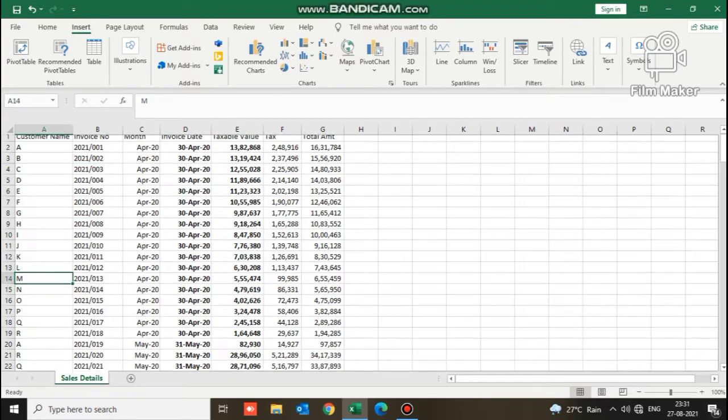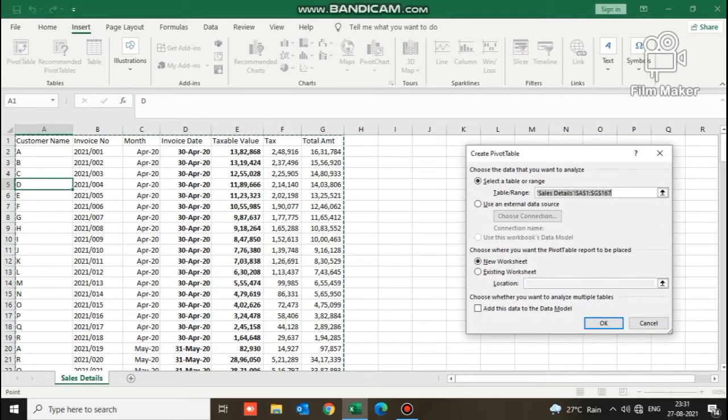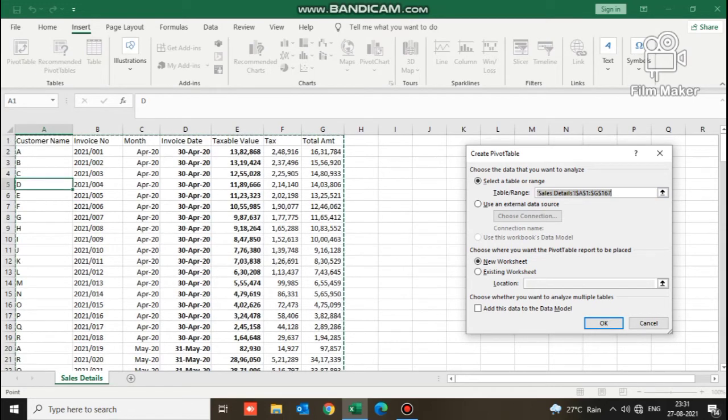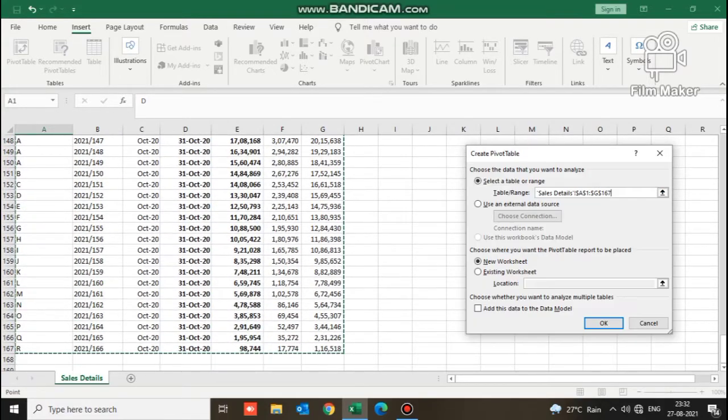First, keep the cursor in the data, then go to the tab Insert and then select Pivot Table. You can see that source data is selected and we have Create Pivot Table options. In the options, check the table or range and ensure that all the data are covered. We can also select particular data as per our requirement. Let me show that to you now. Yeah, we have selected particular data and it reflects accordingly. Now, let us select the full table.